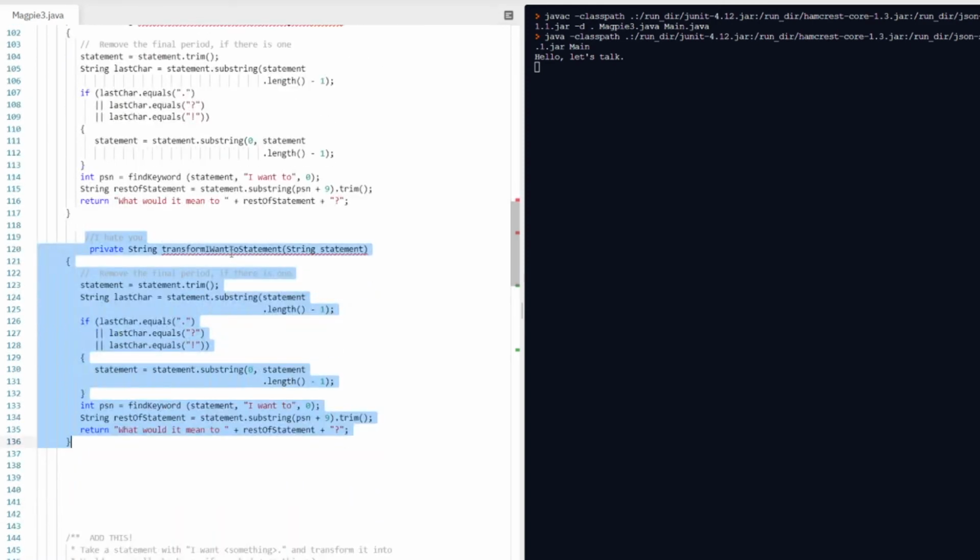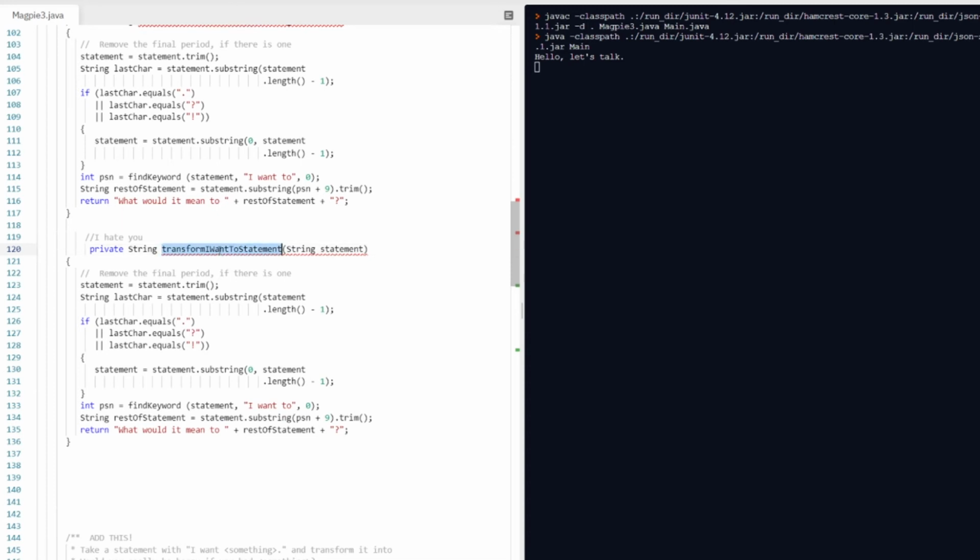Let's start adding some parts that we know. So I want to becomes I hate to. And we're looking for the characters. We know it's trimming that, so it should be pretty good. We're looking for which phrase, the I hate to. And now let's replace this. Why do you hate?